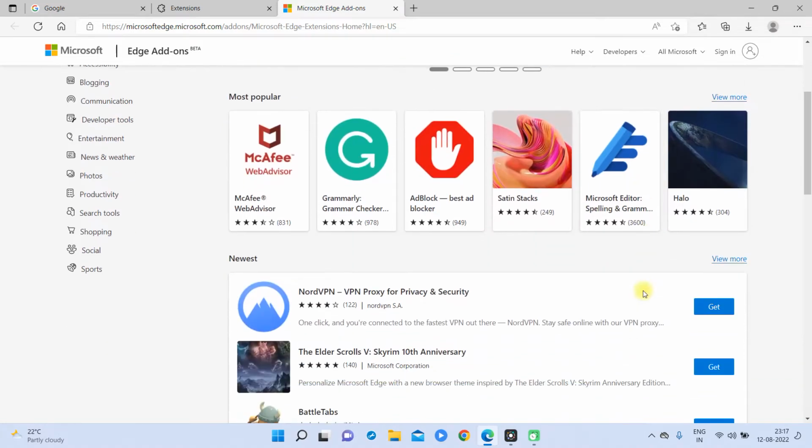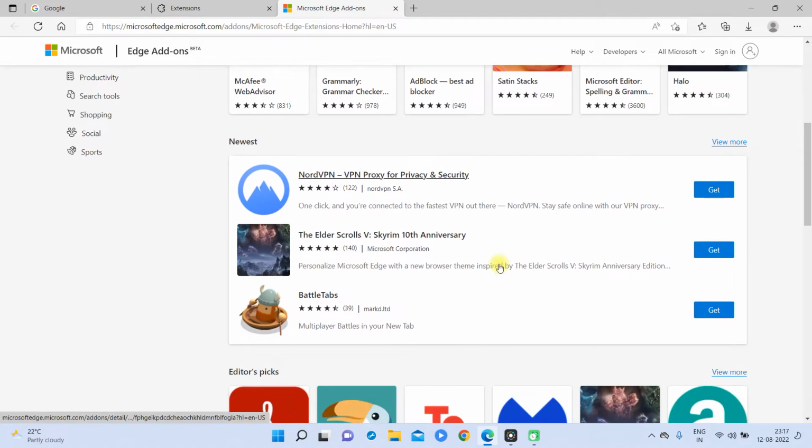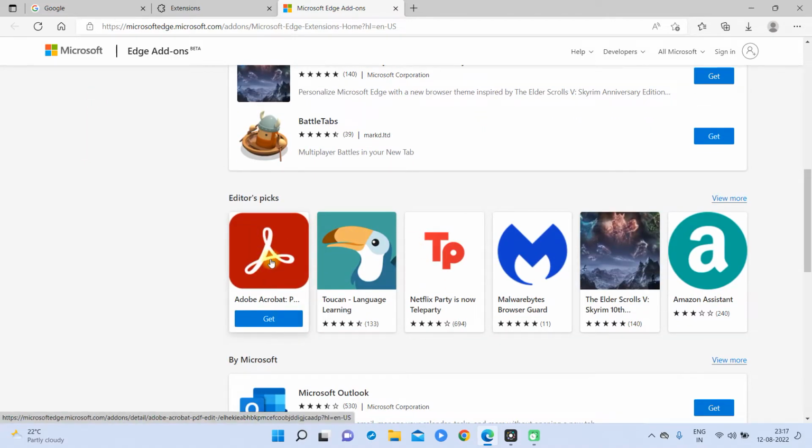You can see there are most popular and newest. So click on which extension you want. So now I will click Adobe Reader. Click on get button here,